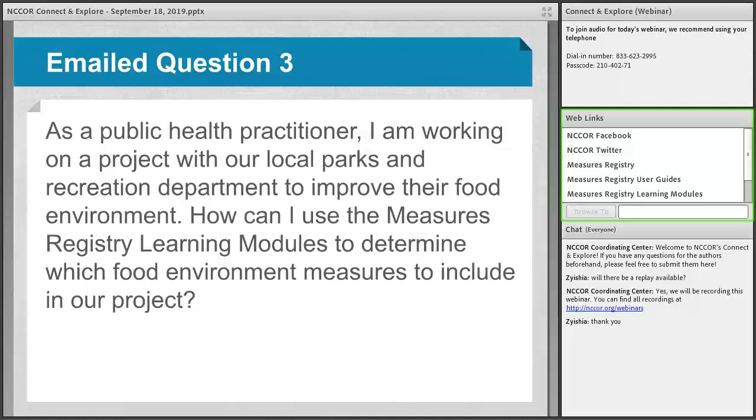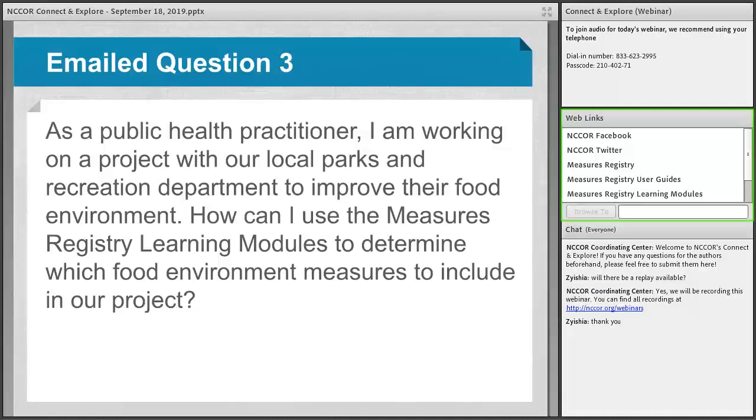And then the third area, this person-centered, is, you know, our research on the food environment shows repeatedly that people's perceptions of the food environment are actually often more impactful on their food choices than the actual physical and social environment. So in answering this question, I'd say first the team needs to get some clarity about what aspects of the food environment they are most interested in. They can be interested in more than one, but clarity about what that is is important. And then within the user guides, we have a whole set of instruments that